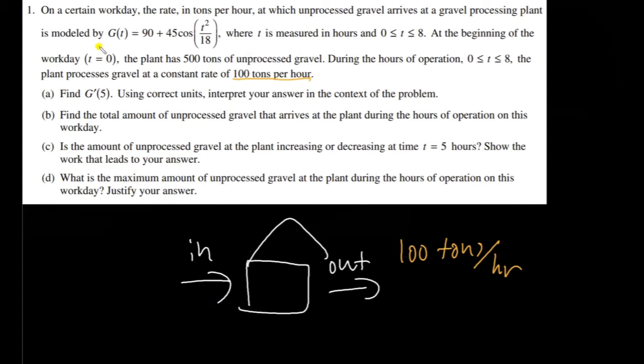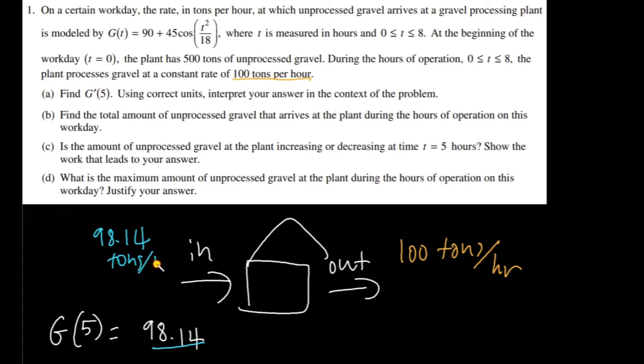Well, we know that's going to be given by g of t, right? That's the rate at which the gravel is arriving. So at t equals 5, we need to find g of 5. If we evaluate g of 5 in our calculator, that's going to be approximately 98.14. So the rate at which gravel is coming in is 98.14 tons per hour, and it's going out at 100 tons